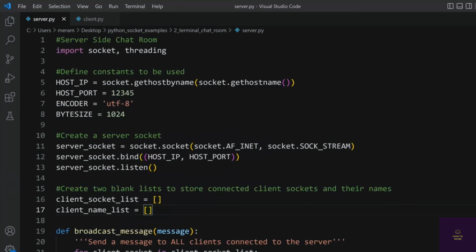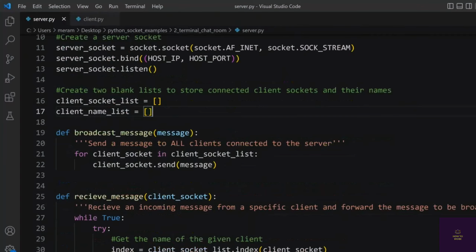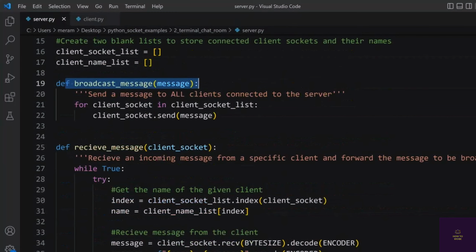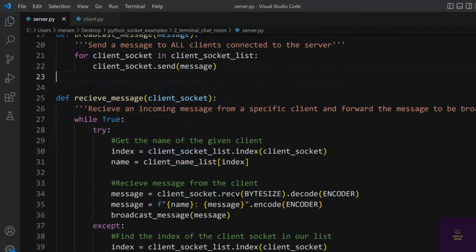And so to change the color here, we're going to use ANSI escape codes. Now, I'll be honest, I wanted to give this a shot, and I had no idea how to do it. So where are we formatting our message that is going to be sent to the broadcast? So this is in my server script. You can see when we get a message from the client, we get that message right here. What we're going to do is format it right here so that we change its color